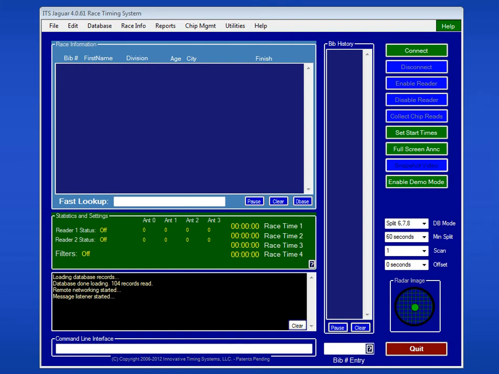Okay, now that we understand the various categories and races we have, let's gather some more information from the RD about the participants. So the types of things you're going to want to ask are, how many people do you expect in the event? One of the things I like to do is ask, when is the registration online cutoff? In other words, let's say the website says, well, you can register up to 3 days before the event. I'm going to ask the RD, that's the race director, to confirm that online cutoff date for us so we